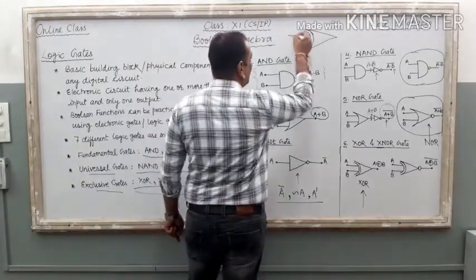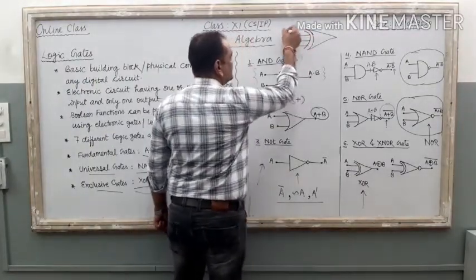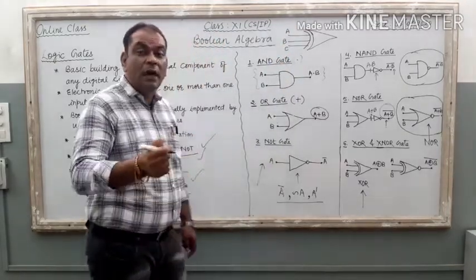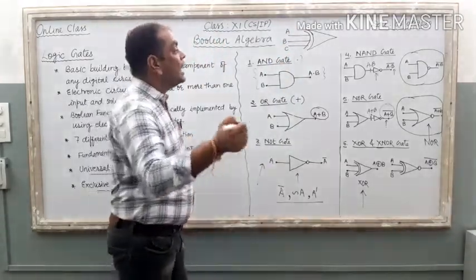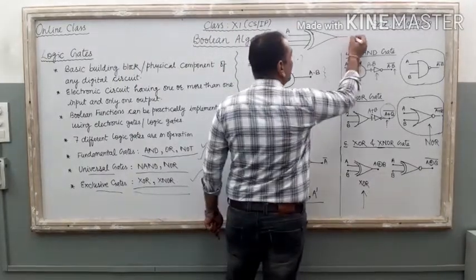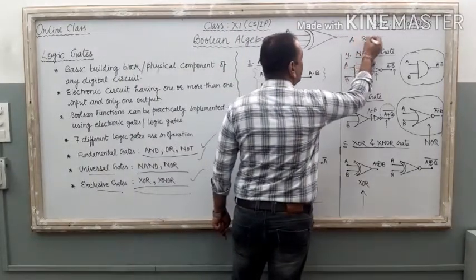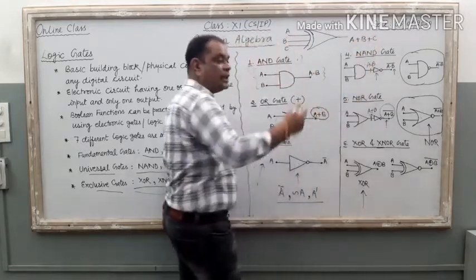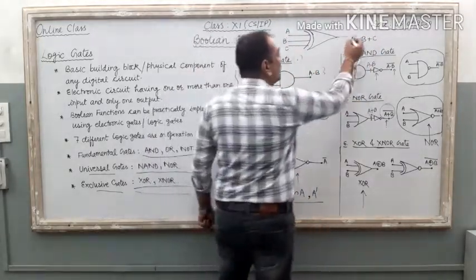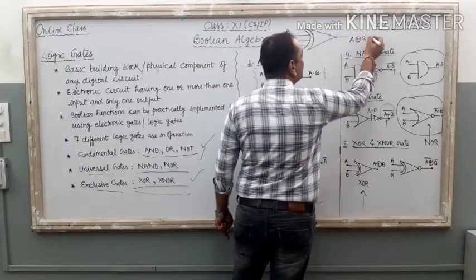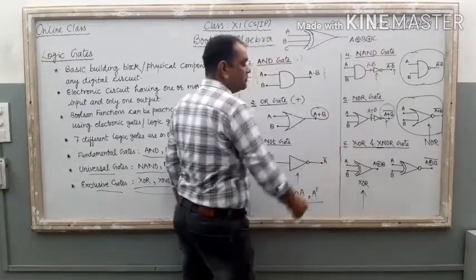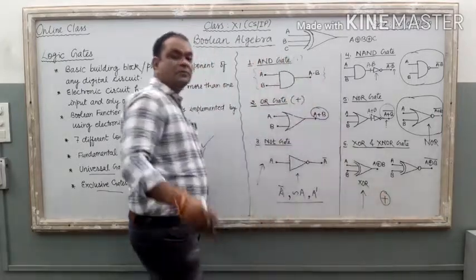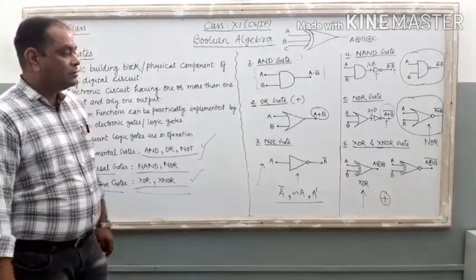If you supply 1, 2 or 3 inputs in this XOR gate, say the inputs are A, B, C, and you want to know what the output of this gate is, just write all the input signals A, B, C with the plus operation in between all the input signals, with a circle around it like this one. Here it is the symbol of XOR gate. Symbol means what? This one. Plus inside a circle. Right?